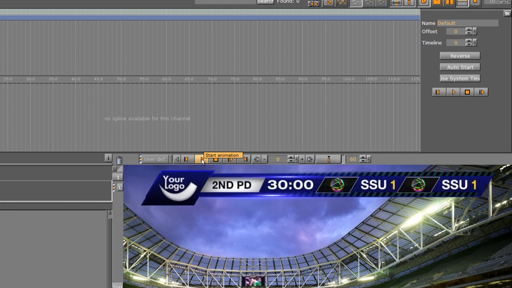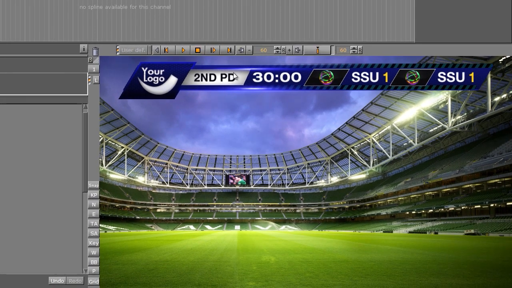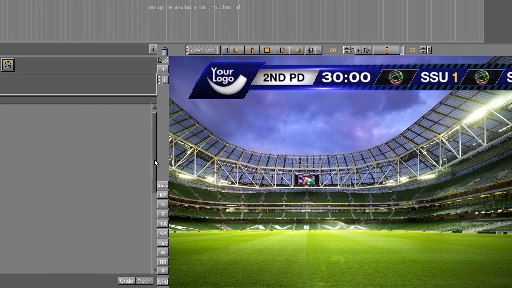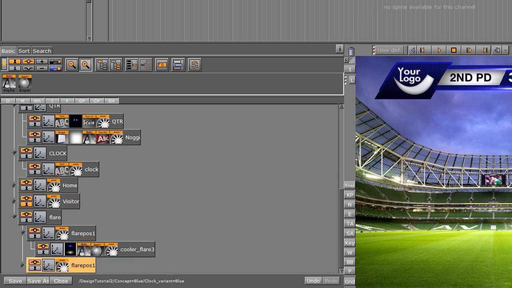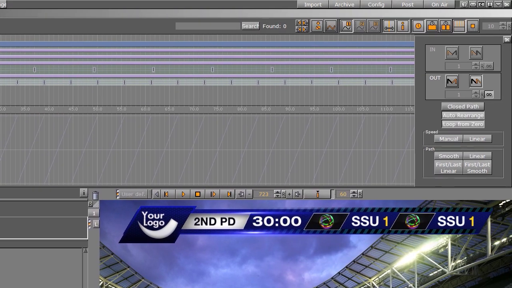We hit start animation. And everything looks like it's looping, though it may be a little too fast for your speed. We can go ahead and tweak that if you need to. Now I did notice how this flare jumps back into position, so we just need to make an adjustment on that. And the bottom flare here, if we click on that animation, you can see that the loop is set,